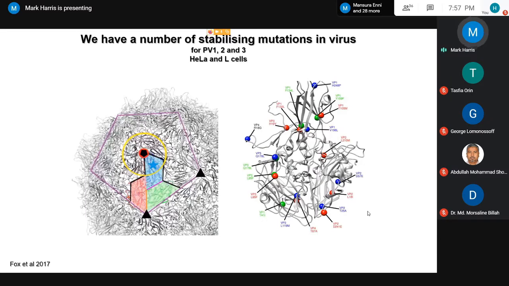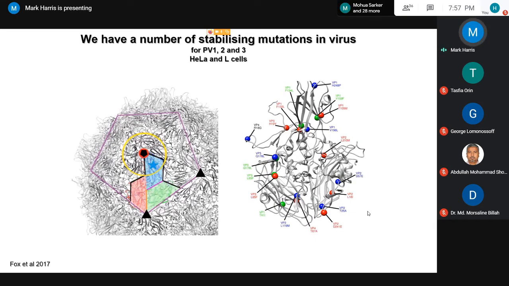What we then did was use an evolutionary approach, where we took a virus, expressed it in some way. And in this way, we generated mutations which stabilized the capsid, stopped that shift in conformation, made the capsid more stable, more rigid. And those mutations were then the ones that we wanted to go and move forward in. So at the moment, we're still working with virus. But